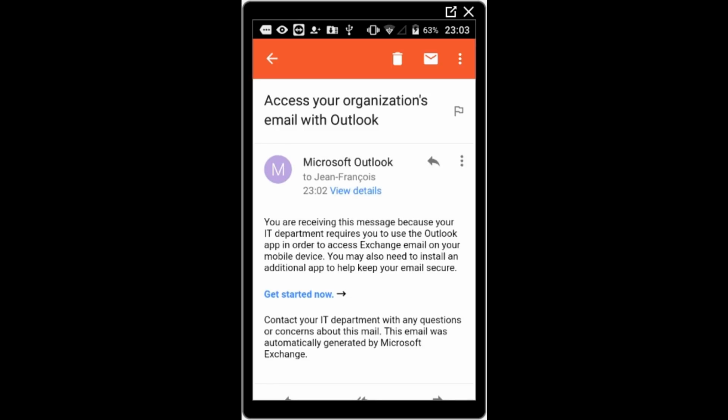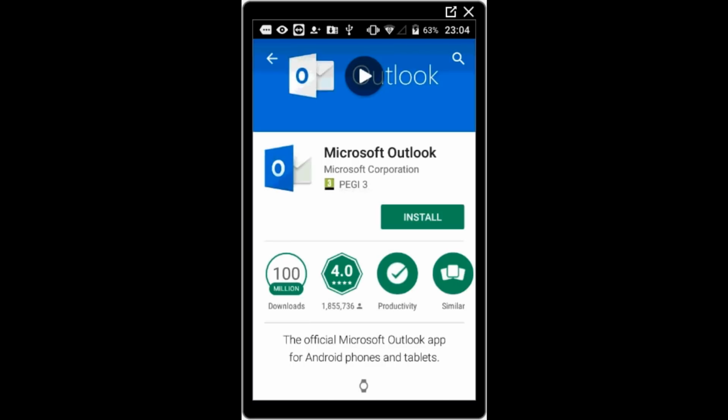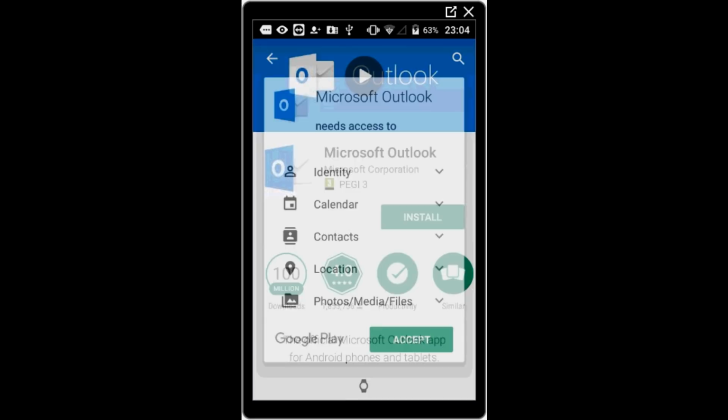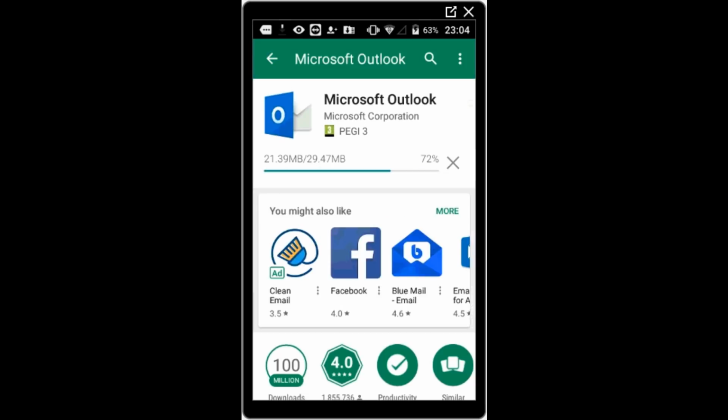Yeah, let me pause this video. So, and this email says that I can have an access to my corporate data only from Outlook. Okay, and if I want to have an access to Exchange 365, I have to install Outlook. I click this link, I am redirected to Google Play. I install Microsoft Outlook,